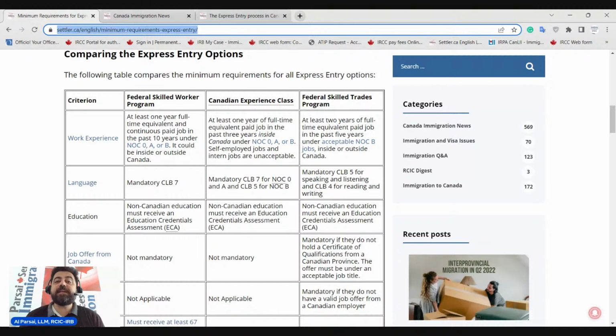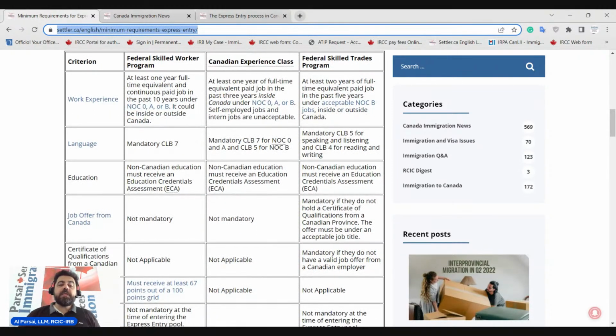So this is the second minimum requirement. If you have not taken an English test or French test, or you have taken one of those tests but you do not meet the mandatory CLB 7, unfortunately, you cannot even enter the pool of Express Entry under Federal Skilled Worker class. In terms of education, if your education has been completed outside Canada or you have outside Canada